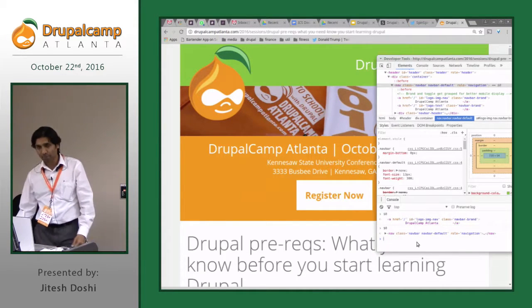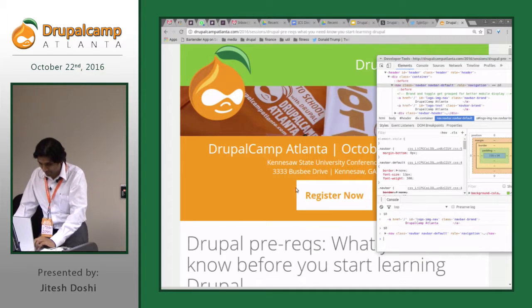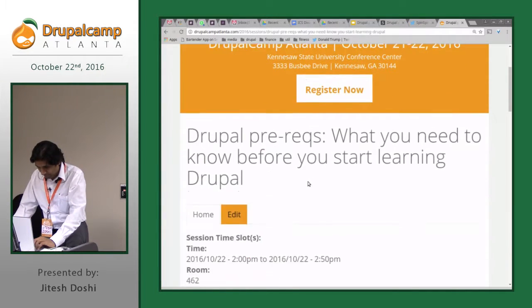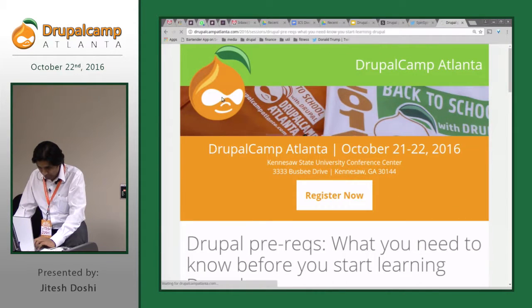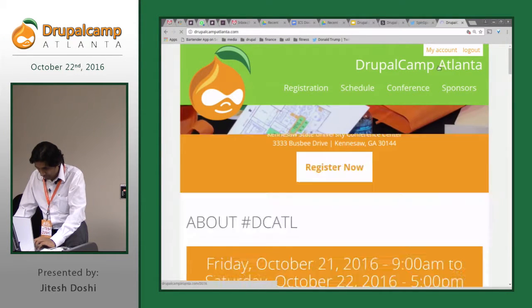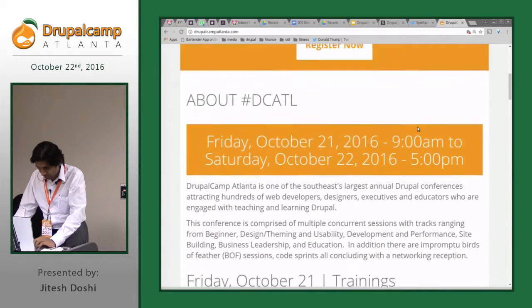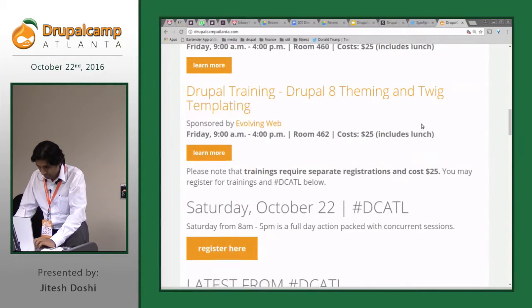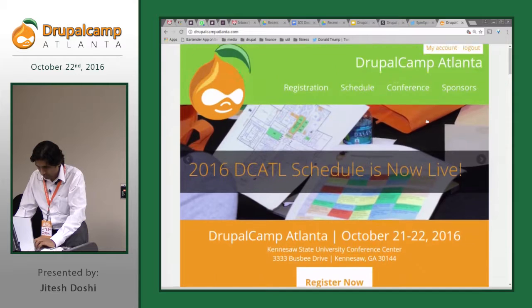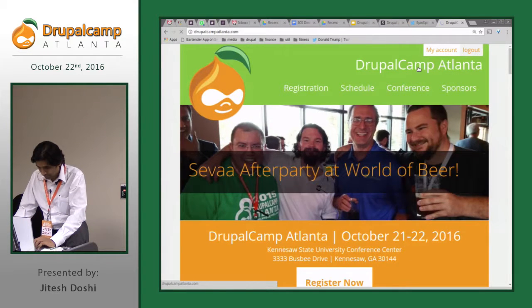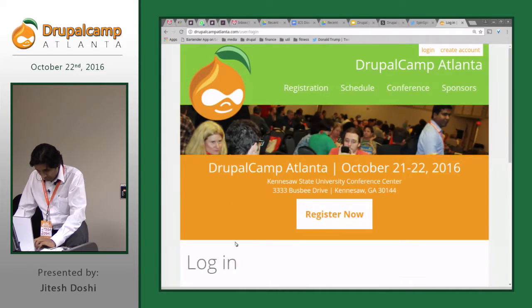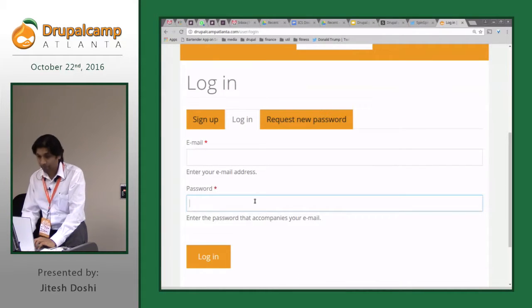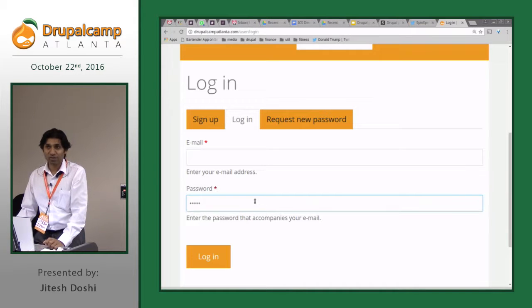So what is the benefit of that? Well, many benefits. Let's say if I go to the front page here, and say log out and go back to login, and I type a password, you cannot see the password, right?